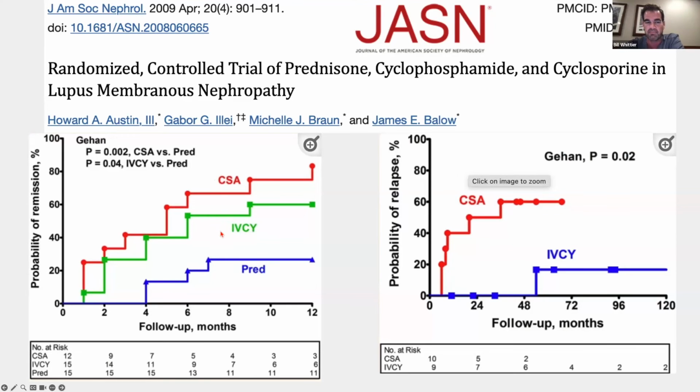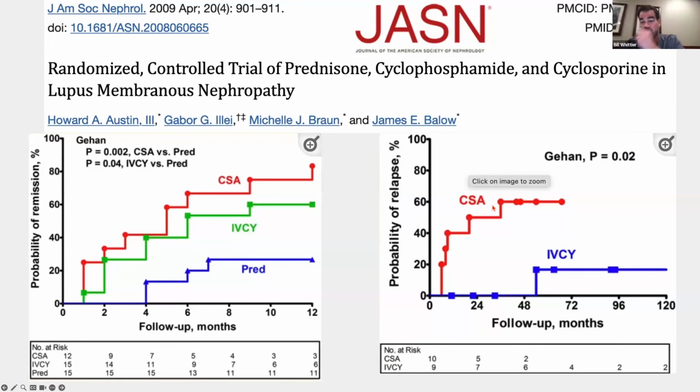So those were the 3 arms. And what the Austin group found was that cyclosporin and Cytoxan were superior to prednisone alone. We didn't know which one of these was better, although it looks like there's separation here. Statistically, it wasn't. But the point was that prednisone alone is not very successful at inducing a remission in membranous